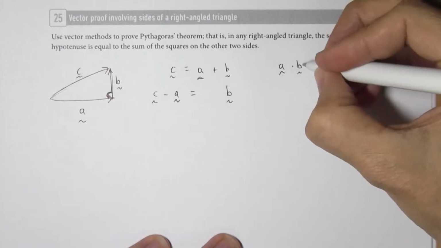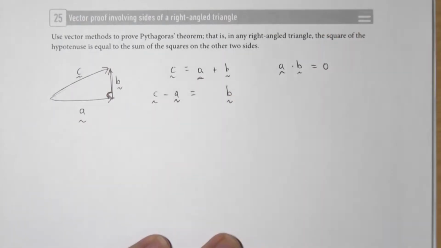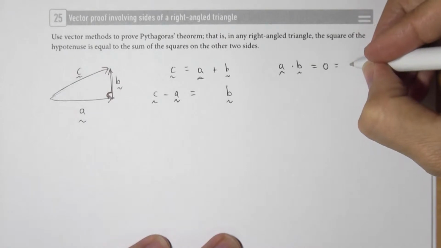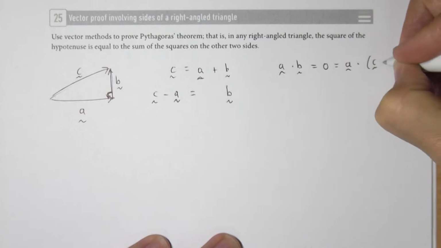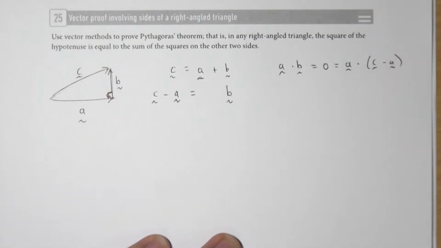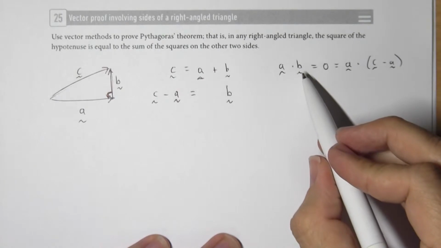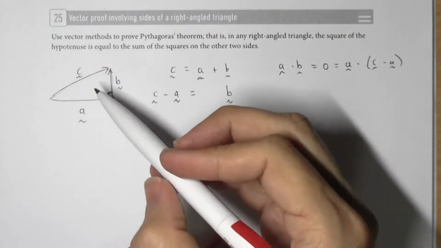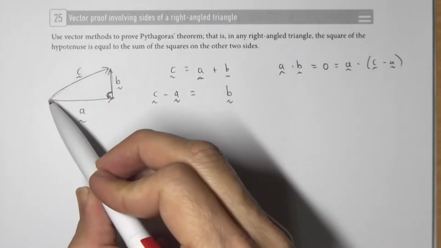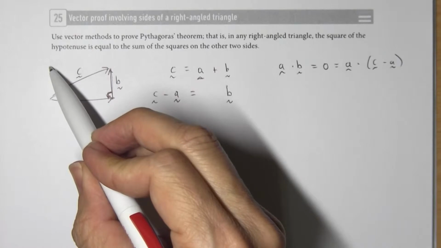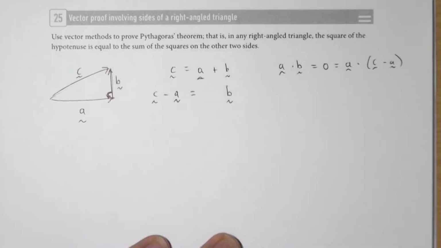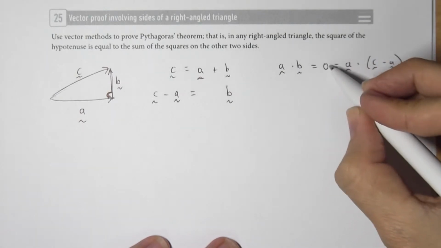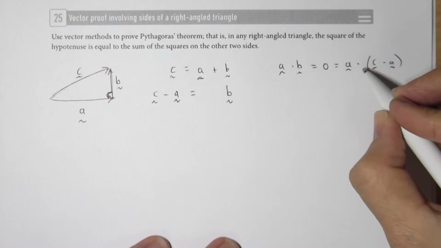But B is C minus A. So that's the same as A dot C minus A. What I've done is replace B with something that's equal to B, C minus A. If you're a bit stuck vector-wise, to go this way is the same as going C minus A. That'll give me this vector, same as B. Okay? All right. If A dot B is 0, because they're at right angles, then A dot C minus A